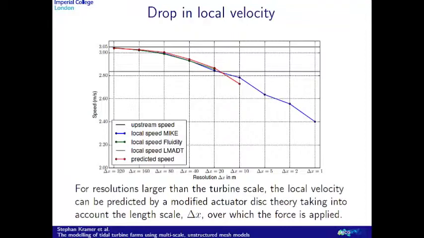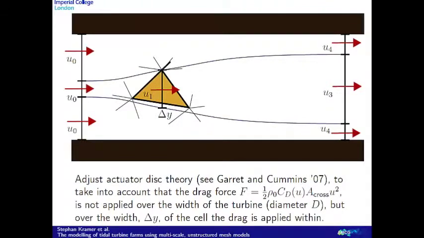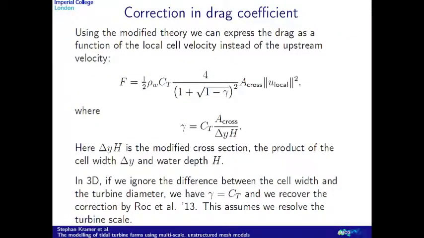lines. Right, and this is more in schematic how this works in the actuated disk theory. So instead of having a turbine that is the actual turbine width, we consider a width of delta y, which is the width of the cell. And that means that we basically have a cross-section here that is delta y times the depth instead of the real cross-section of the turbine. Okay, now, if you can derive this relationship between the upstream and the local velocity,